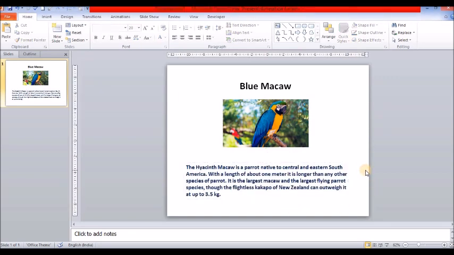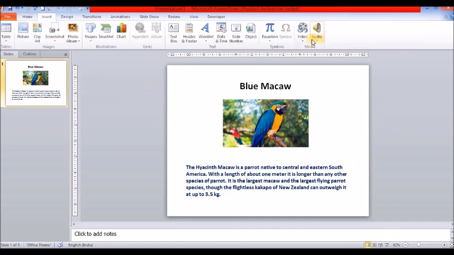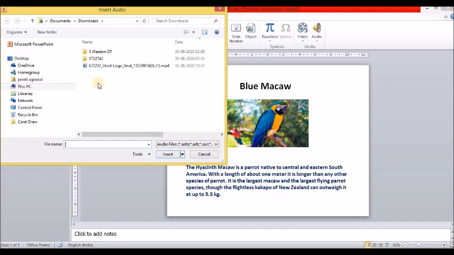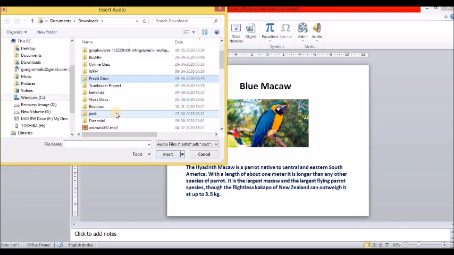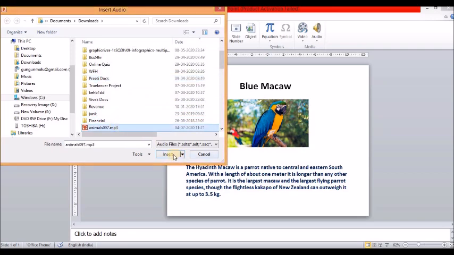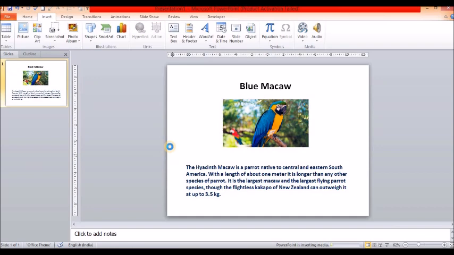Now to make it more impactful and more appealing, let's embed some sound in it. This is how you go to Insert, then Audio, and Audio from File. I have downloaded a few sounds of birds, so I can pick one from my library. Before you record or make a presentation, you can keep some sounds pre-downloaded in your folder, which you can simply pick up and put in here.